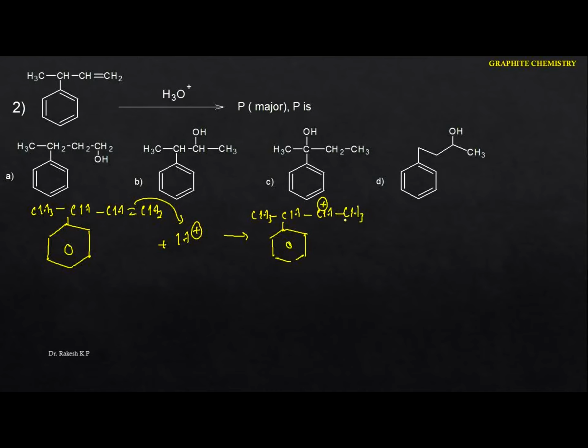This is the benzene here. And again we have CH, here it is CH double bond CH2, and again here also we have CH3. Okay, now see this one. So whenever it reacts with H plus, this will come here. I'm going to write the most stable carbocation here. Okay, so initially it forms like this. This is CH, and again we got CH3. Here this carbon carries the positive charge, and here it is CH3. So we got the secondary carbocation.